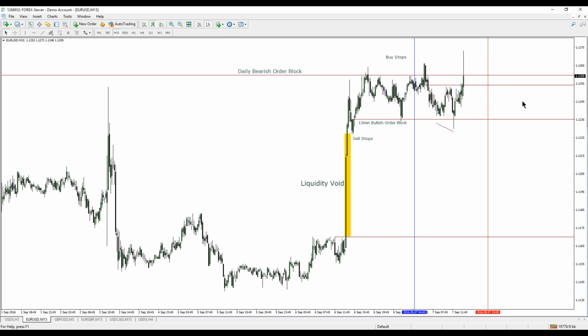we have previous day's high for euro dollar here. Okay, we ran through it just at London and gave it up, and then we came back down, ran the stops here, ran through it one more time. So right now we have a time stop. Okay, we're waiting to see, is it going to maintain its move away from this order block right here, this down candle right in here.